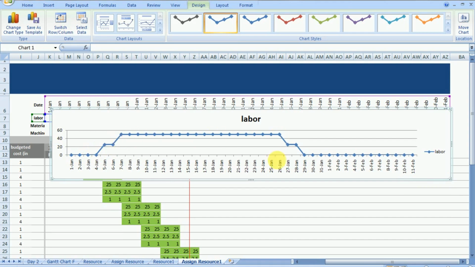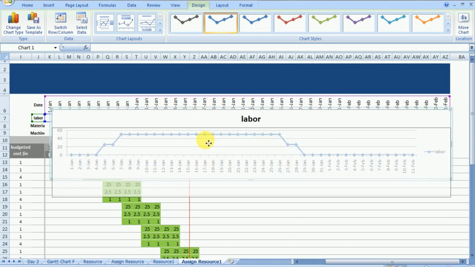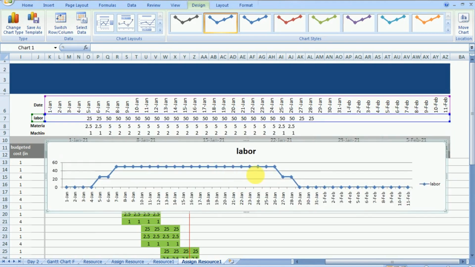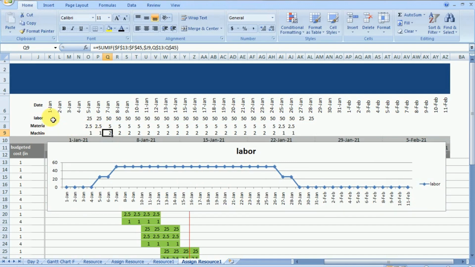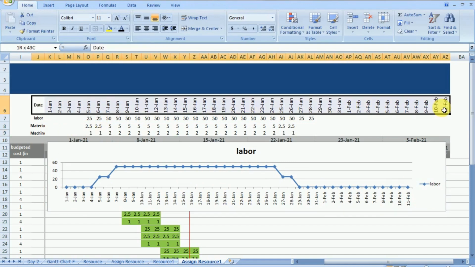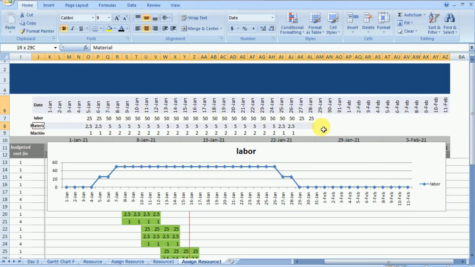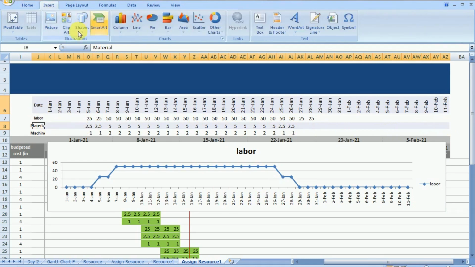So first we have only 20 labors, 0, then 20, then 40, then peak labor is 60 and then it's reducing. So we can easily analyze our labor requirement through this graph. Now when we change the schedule, this labor will also change, making it very convenient for us to relate the labor requirement with the scheduled dates of the activity.